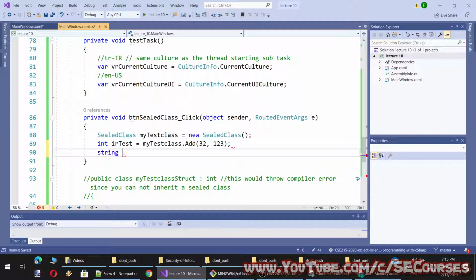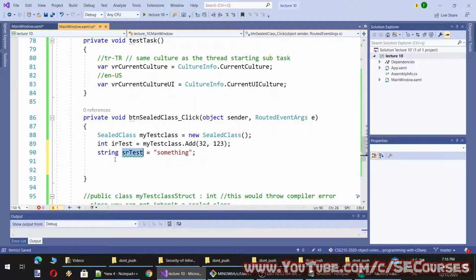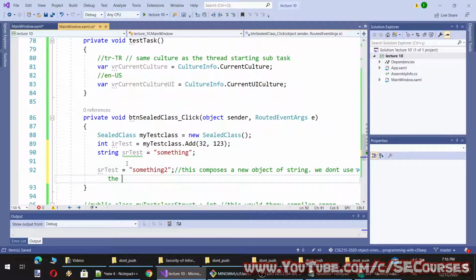That means that strTest equals something, and when I make strTest something2, now this creates a new string object. We don't use the previous object, therefore it gets garbage collected.